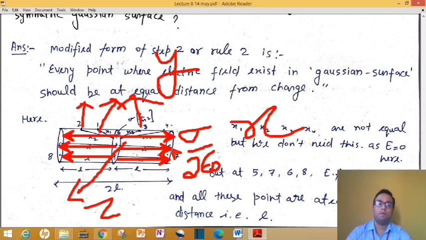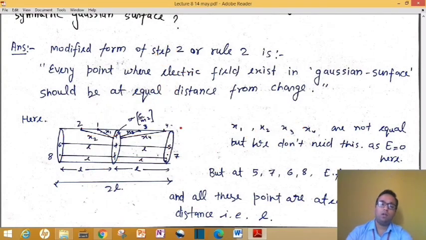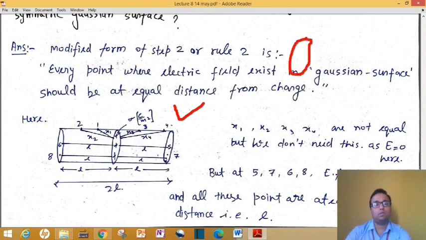That is 0. So remember, while drawing a Gaussian surface, we have to keep this in mind: we plot the Gaussian surface only for those places where electric field exists. Listen, before going to NCERT questions or questions asked in board exams, it is very important for us to remember how to draw a Gaussian surface.